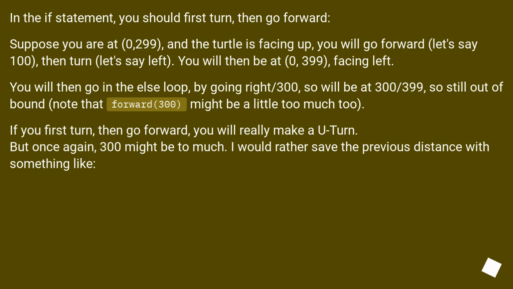If you first turn, then go forward, you will really make a U-turn. But once again, 300 might be too much. I would rather save the previous distance with something like